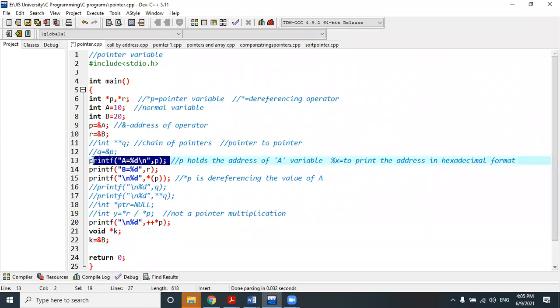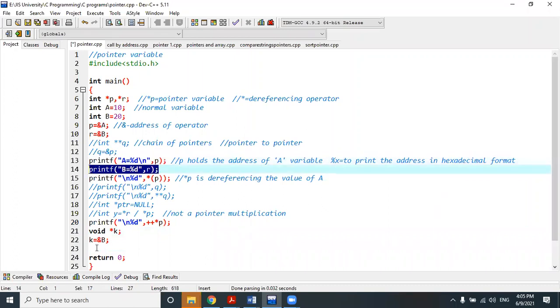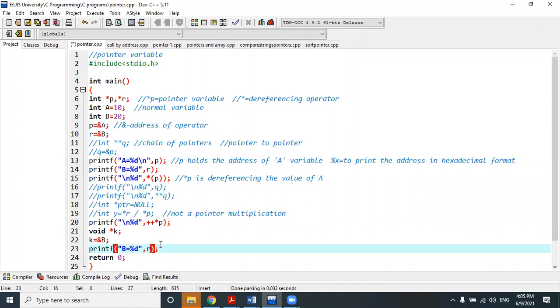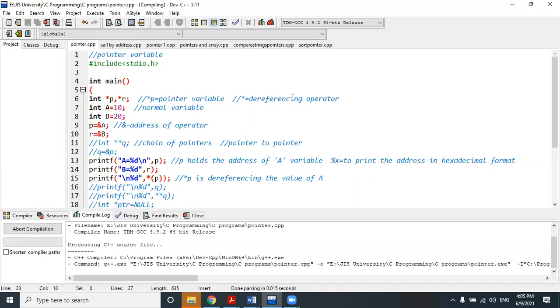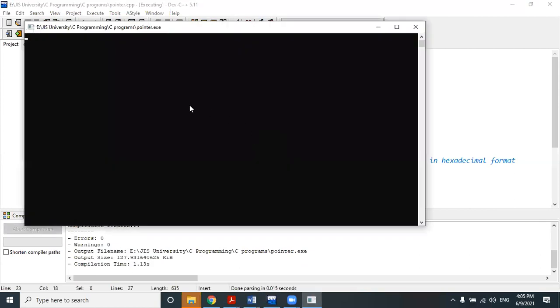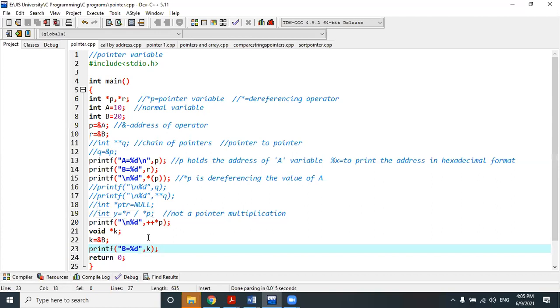Suppose I am printing the void pointer k. It is printed correctly. So the void pointer is there.